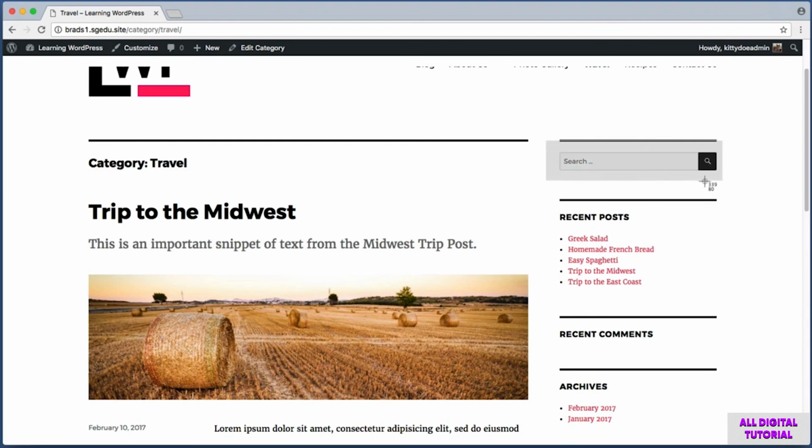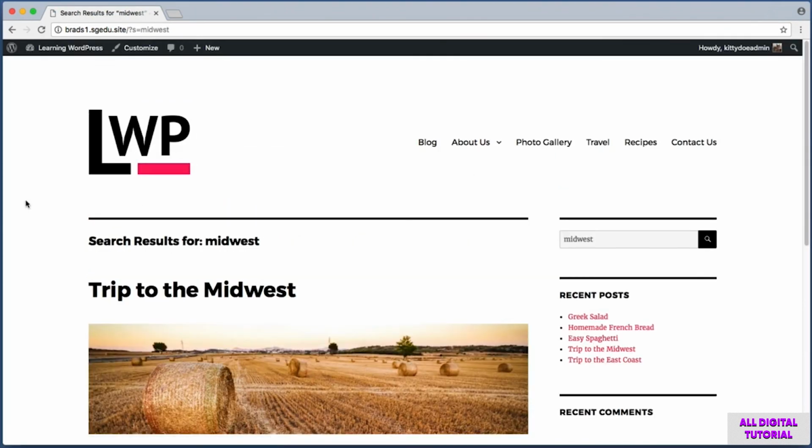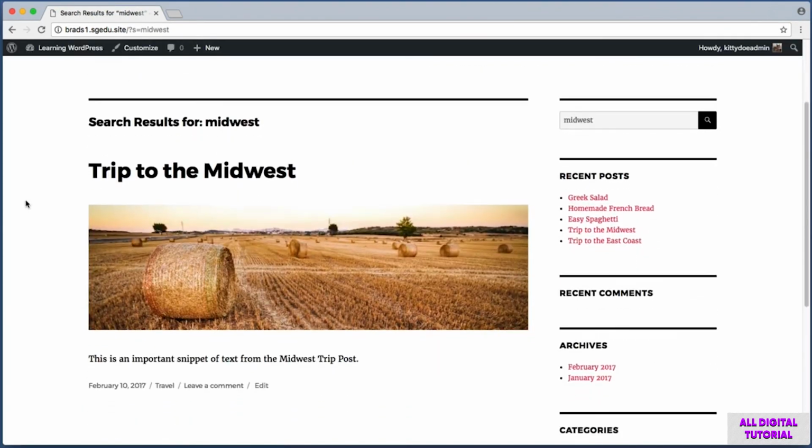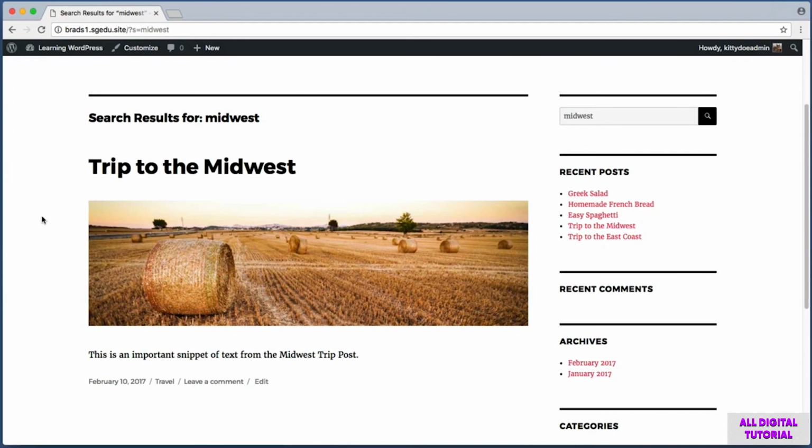However, if I use my website's search functionality and search for Midwest, there's only one result, obviously the Trip to the Midwest blog post, but now you'll notice that all we see is the title, the featured image, and instead of the regular text, here we see the excerpt, only it's not styled like a subheadline any longer. Now it just looks like standard small text. So long story short, think of the excerpt field as your chance to summarize a post.